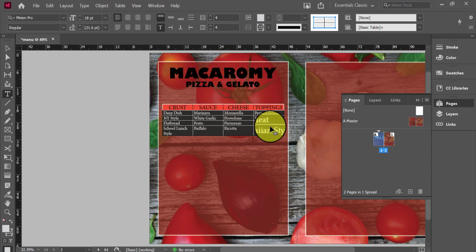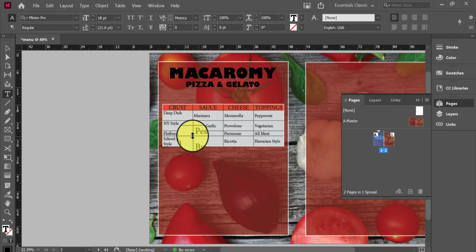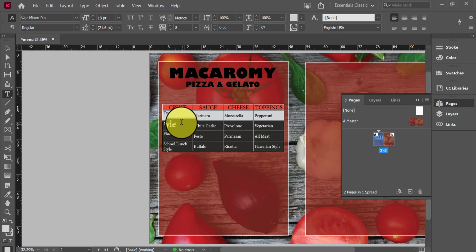And you will see that when you highlight, you get an additional set of tools in your control bar. Some of these tools are text-based and some of them are just for the table. So what I'm going to do is maybe align all of these menu options to the center. And I'm going to add a little bit more space by clicking inside and pressing enter so that I can ungroup them,